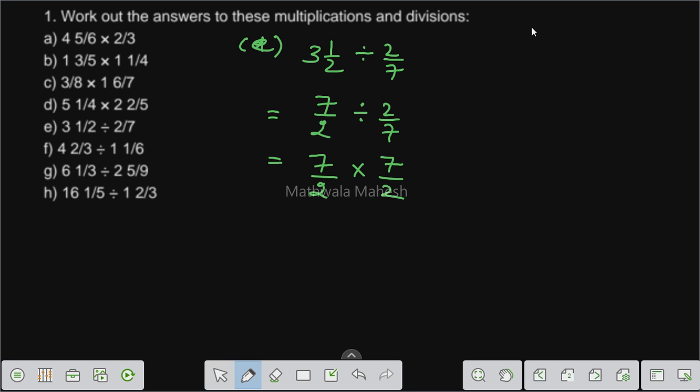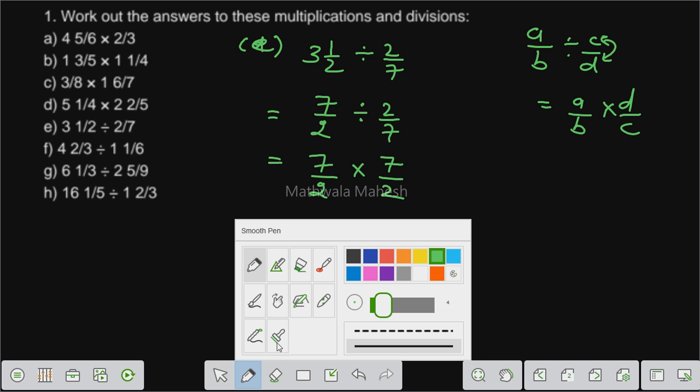Okay, so if I have to do A upon B divided by C upon D, then I have to write A upon B multiplied by D upon C. Okay, so we have to change this number into the reciprocal, and so the answer is